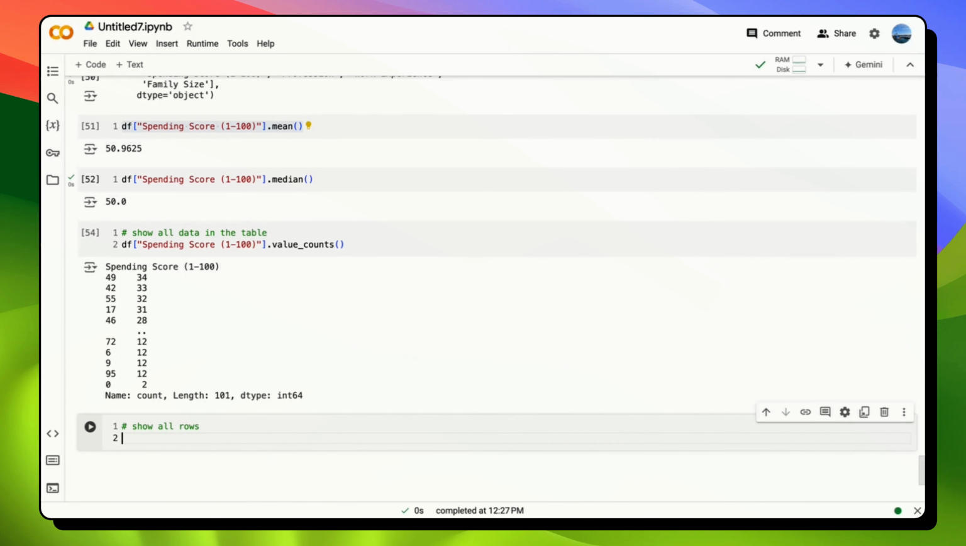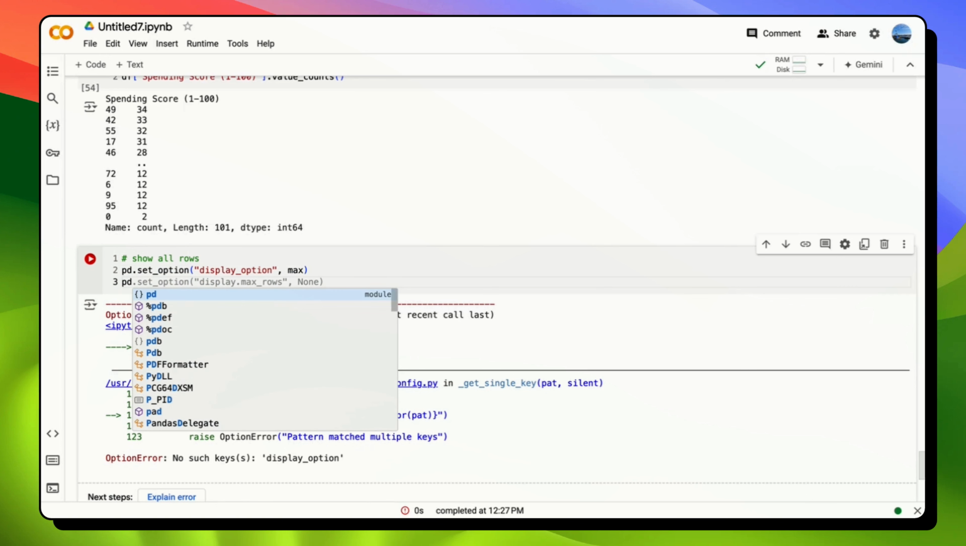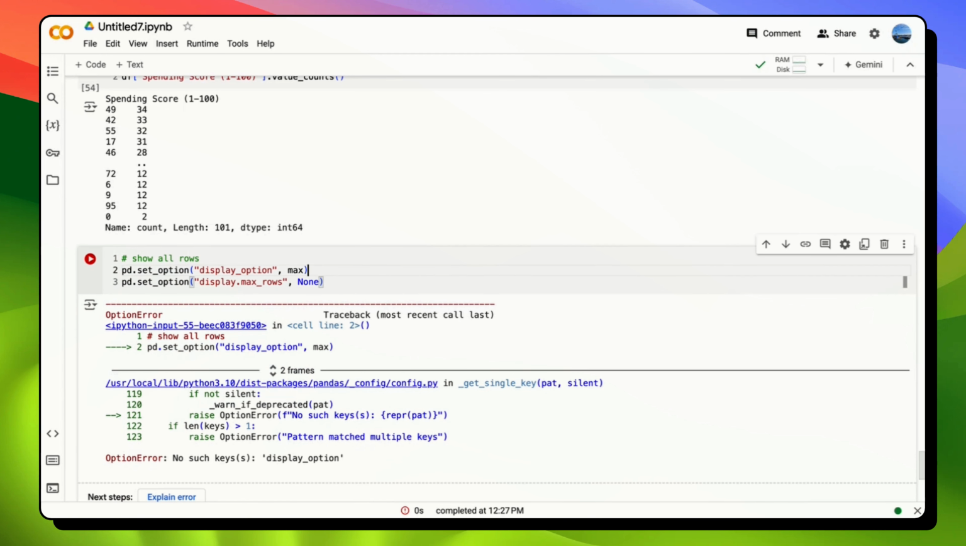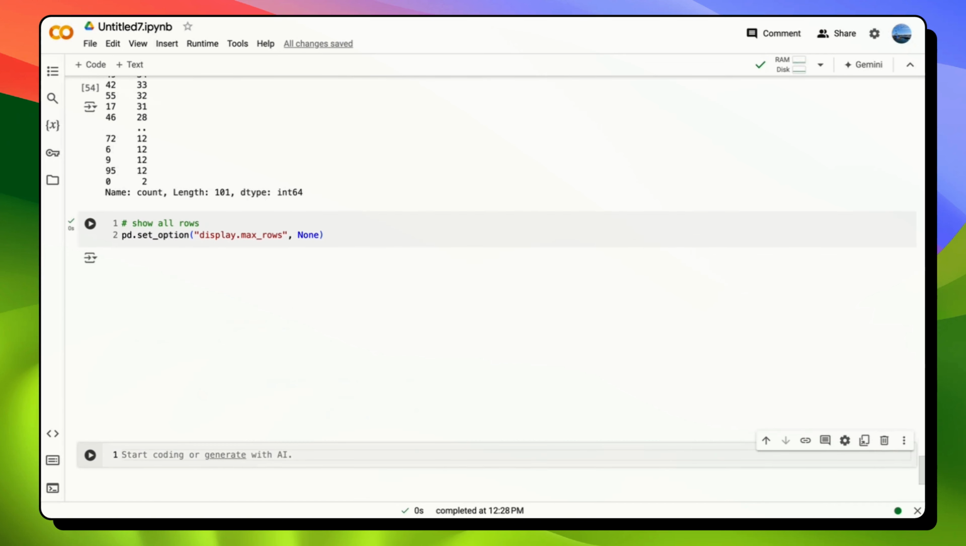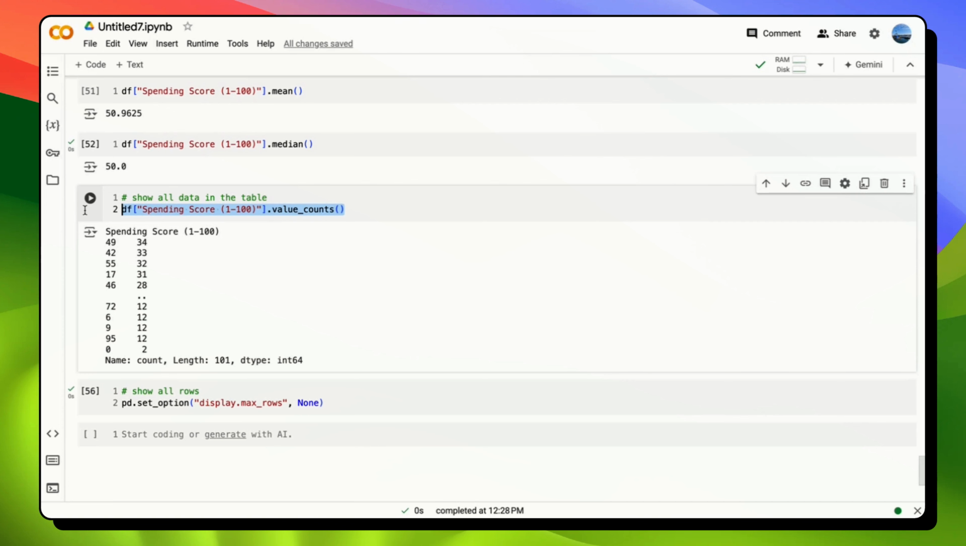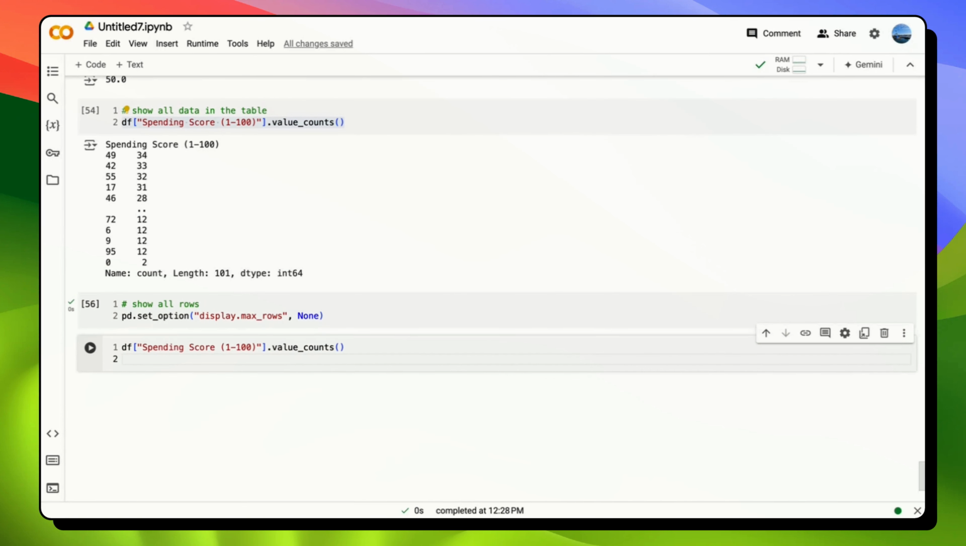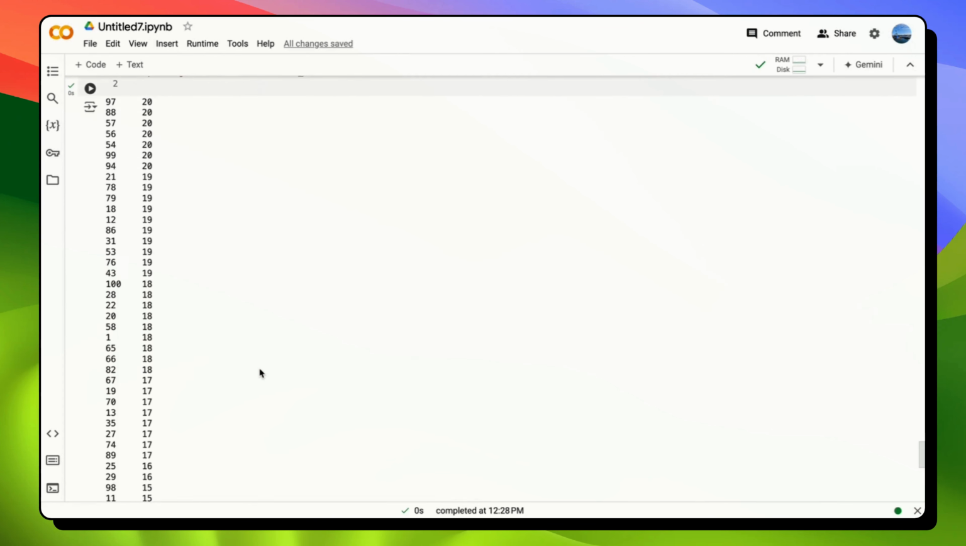So all rows. Pandas, set option, display option max. So what we're doing here is we're not setting any boundaries for displaying rows. We're supposed to set